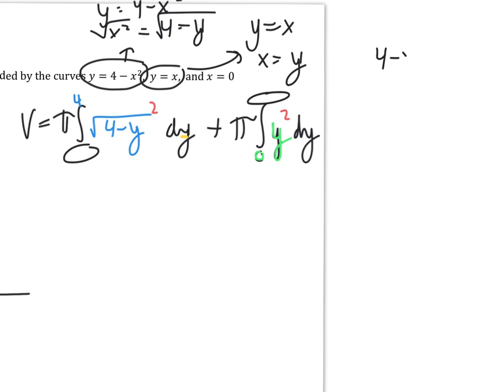I need to know when 4 minus x squared actually equals x, which is really when 0 is equal to x squared plus x minus 4. And I'm going to try to factor that. That's not going to factor, so I'm actually going to have to use my quadratic formula, or we could graph the parabola and the line and find the point of intersection. And you should be getting a value of 1.562. Let's go ahead and round that to 3 decimal places. So 1.562 is the number that I'm going to put in